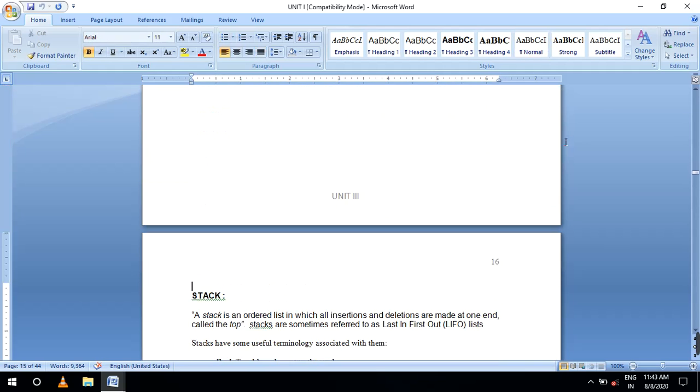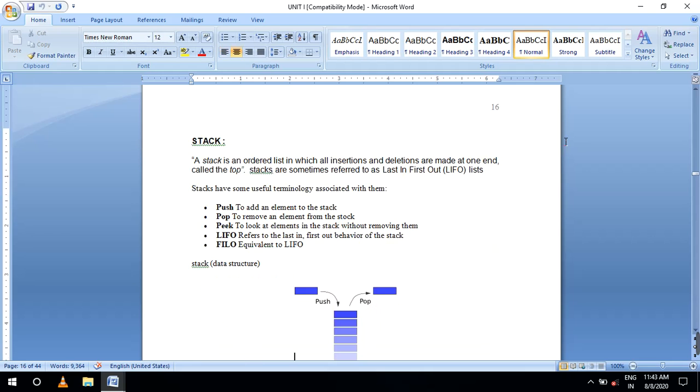Stack is an ordered list in which all insertions and deletions are made at one end, called the top. Stack is also called last in, first out, which is equivalent to first in, last out.